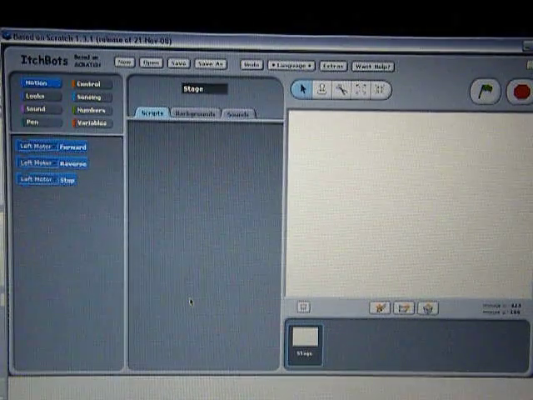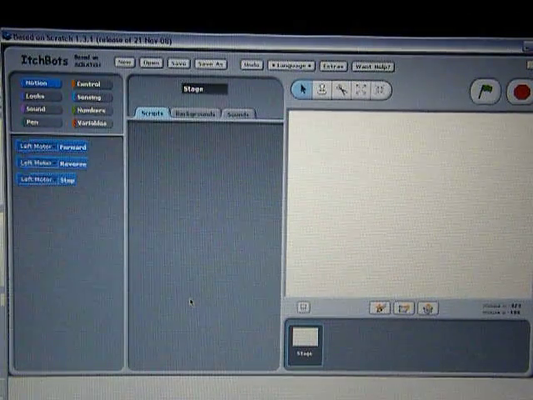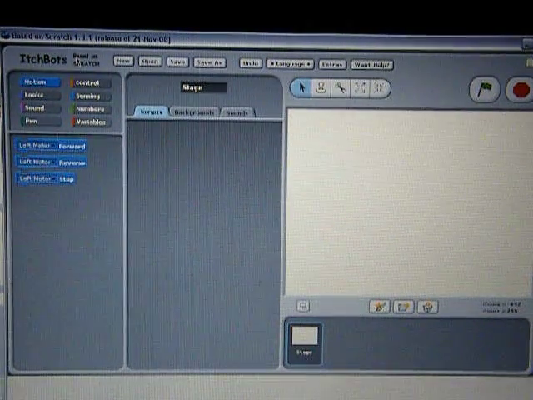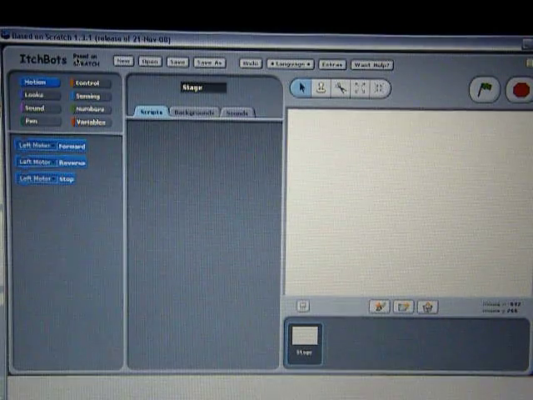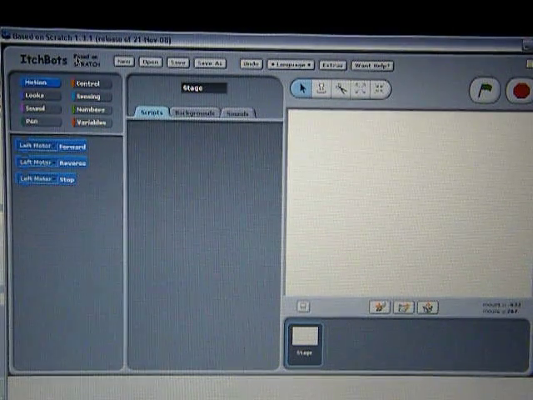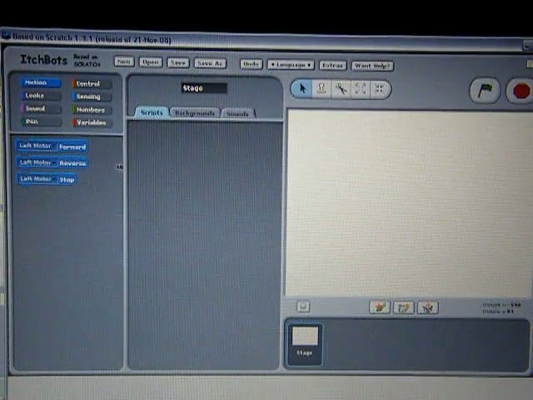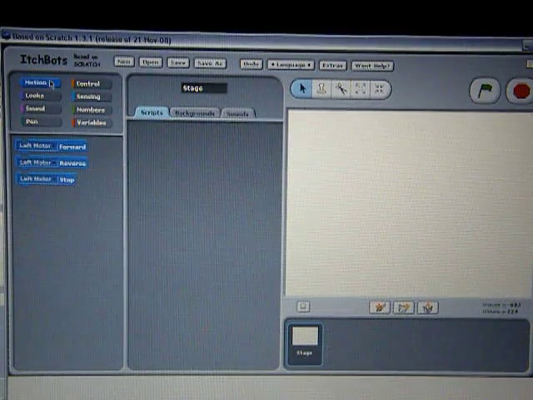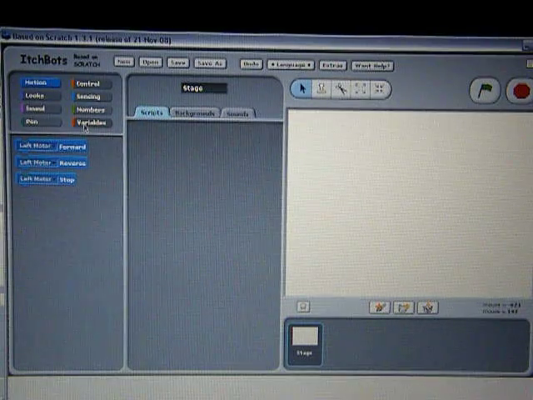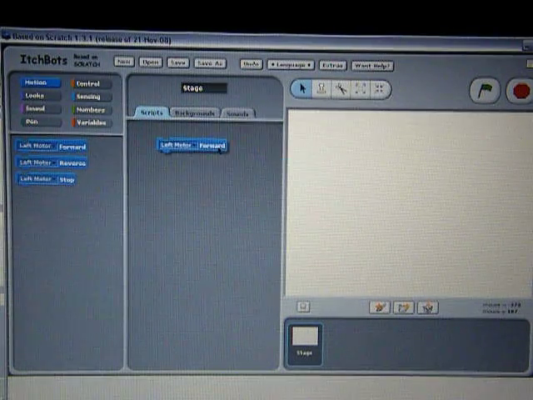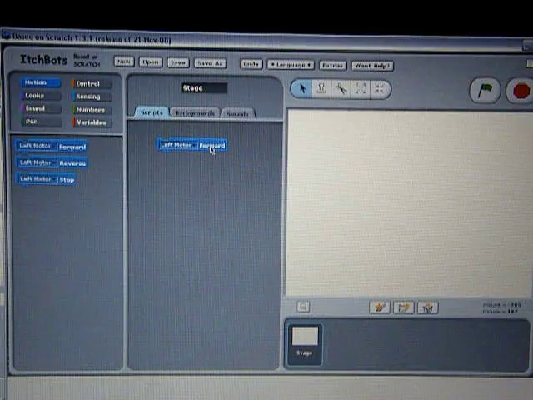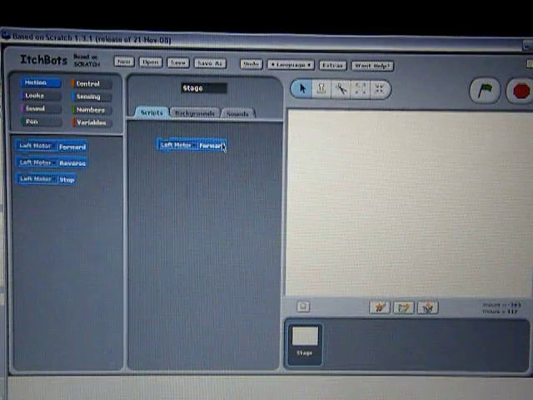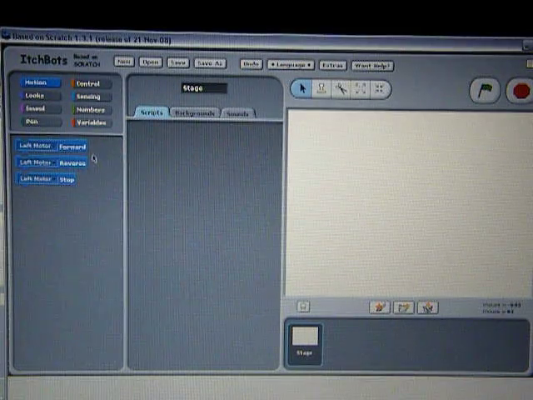This short video will provide an update on the Itch3's robot programming language based on Scratch. I made significant changes since the last time I made a video, mostly to the user interface and to the ease of blockology. So on this section here under motion, I've got some motion blocks to allow you to select a motor, left or right, in this case for Marvin, going forward and backwards,